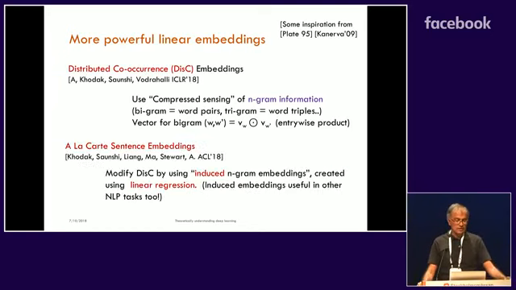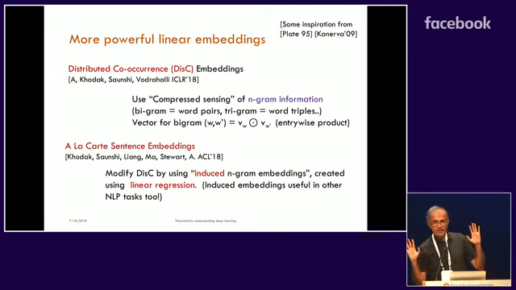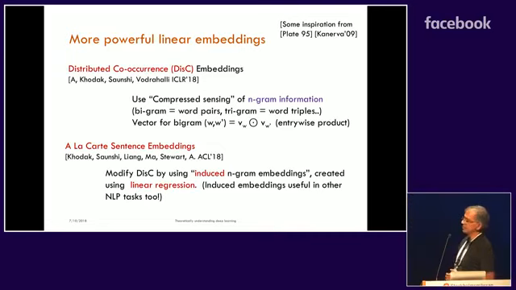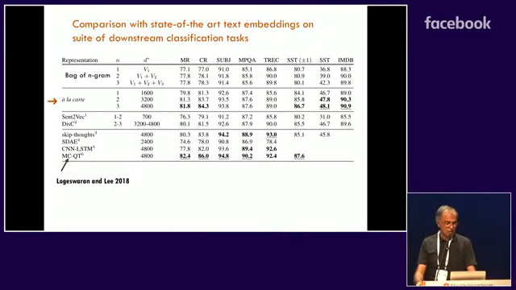So that already does pretty well, as we'll see in the next slide. And then in a recent paper, we've improved it using what we call a la carte sentence embedding, which says that compressed sensing isn't so great, you should actually learn. That was the message of that compressed sensing slide, that the compressed sensing vectors are actually not so good. So we learn the correct embeddings for n-grams using linear regression. As you can see, my mathematical development is stuck at linear algebra. Using linear regression, you induce some new embeddings, and those turn out to be a fair bit better. So here's some comparison.